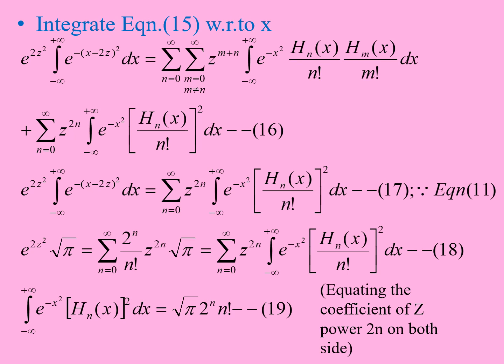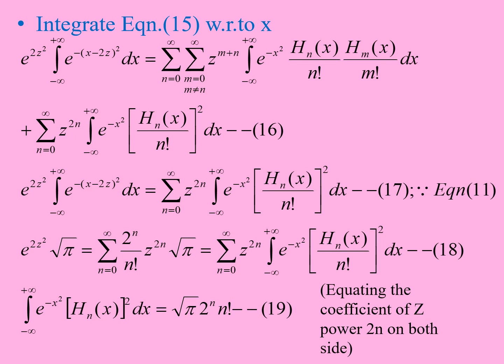Now if you integrate, you have already proved that the first term of the right hand side is equal to 0. So it is e power 2z squared integral from minus infinity to infinity e power minus of x minus 2z squared dx is equal to summation n is equal to 0 to infinity z power 2n integral from minus infinity to infinity e power minus x squared Hn of x divided by n factorial squared dx. So the first term is 0 because for m not equal to n, we have that equal to 0. So now the left hand side is the integral from minus infinity to infinity e power minus x squared dx, whose value is equal to square root of pi. So it is e power 2z squared square root of pi is equal to